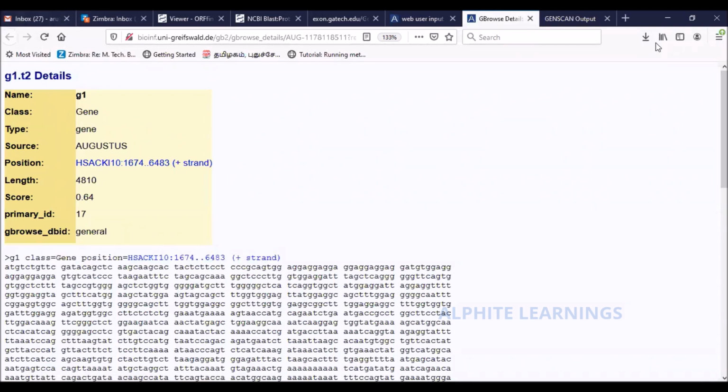So like this, it's possible to predict a gene, but understand very clearly that there are 3 different approaches. I have selected 3 different programs, and the success of the prediction would vary. In this case, Augustus has been good. Most often, practically, I have found Augustus to be good, but the other programs should also be tried.